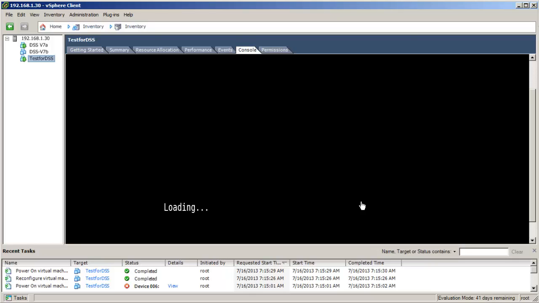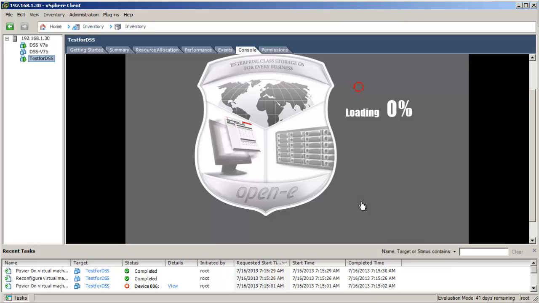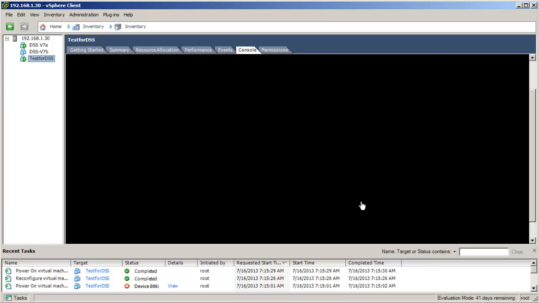And so it's pulling the ISO file from the NFS share that I have. And of course now it loads. Now what's happening here is that it goes pretty quickly. So when you install DSS V7 or V6, it doesn't take long, maybe at the most a few minutes, and you're up and running. So once we pass this through up to 100%, I'm going to go through real quickly on how to install